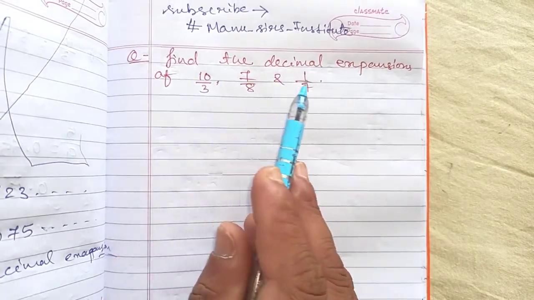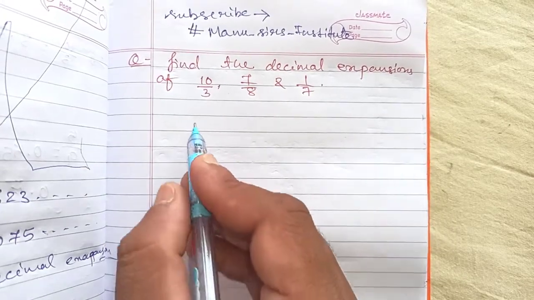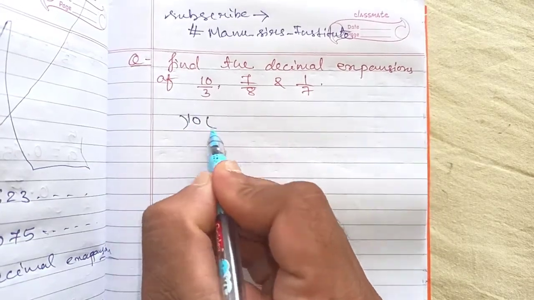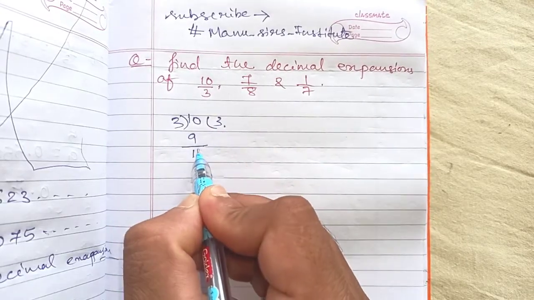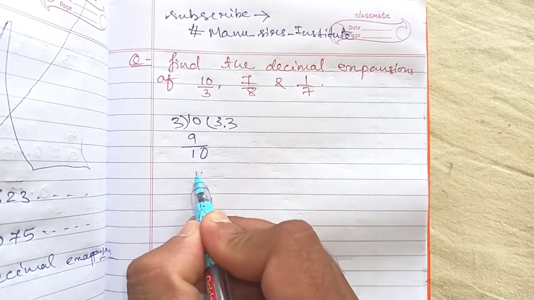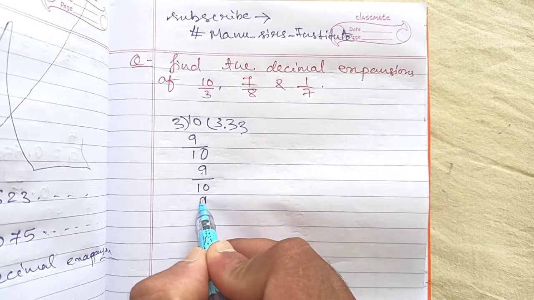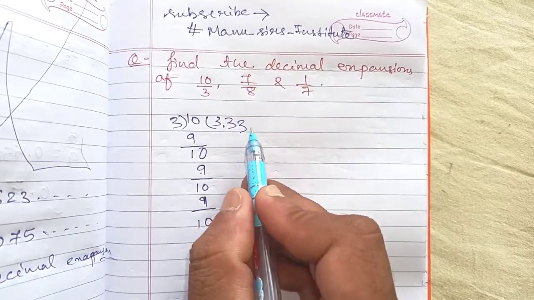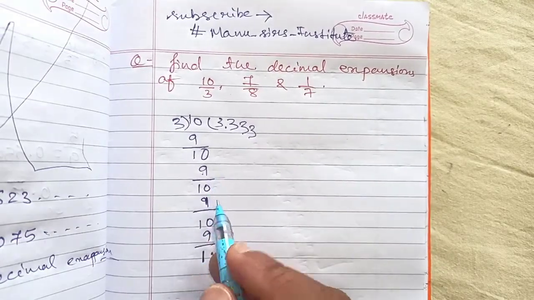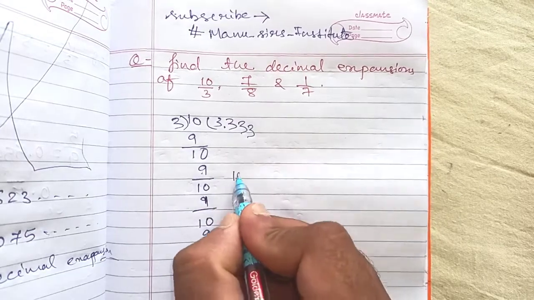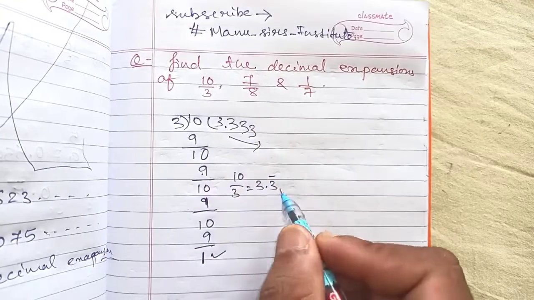There is a question, find the decimal expansions of 10 by 3, 7 by 8, 1 by 7. We will find out what kind of decimal expansions we are getting. So I will divide 10 by 3. 3 3s are 9. 1 carry, we will put a decimal here, so 0 will be carried here. 3 3s are 9. Again 1 carry, 10. 3 3s are 9. 1 carry. Okay, 10. 3 3s are 9. So again 1 carry. So here always 1 is repeating. So the answer for 10 by 3 is 3.3 bar, because this number is repeating so many times.